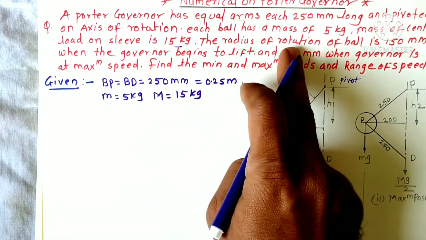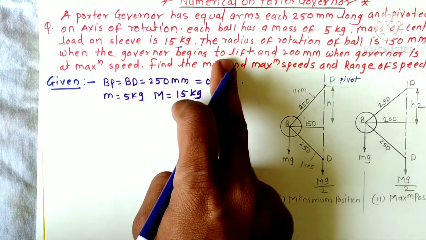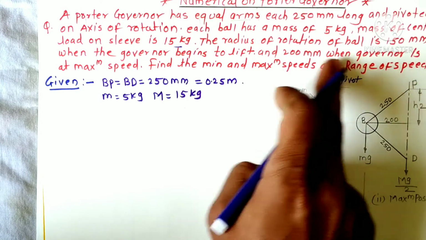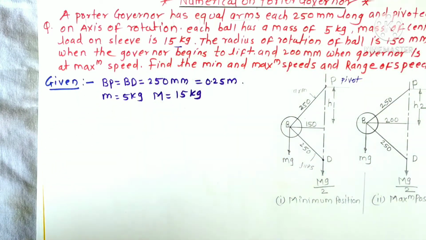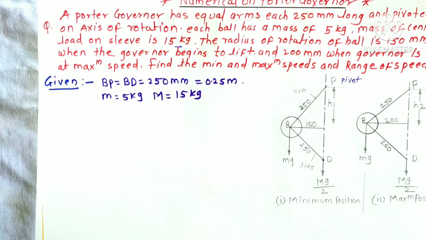The radius of rotation of the ball is 150 mm when the governor begins to lift and 200 mm when governor is at maximum speed. So see, there are two cases given. First case,